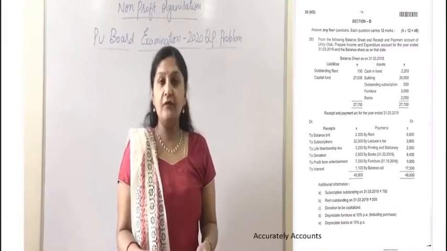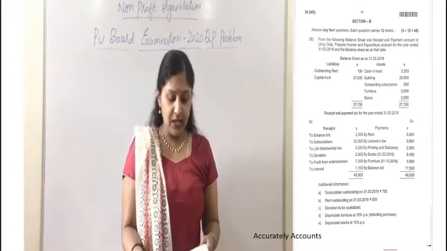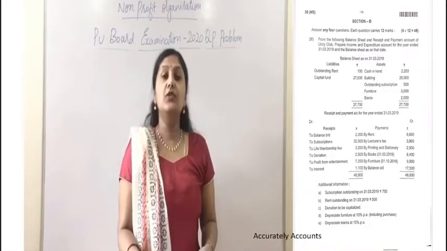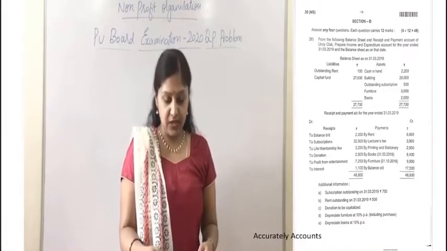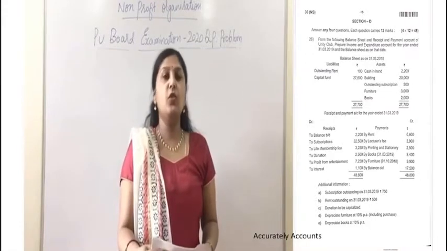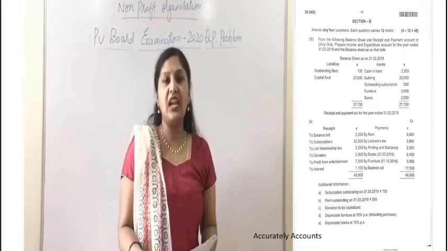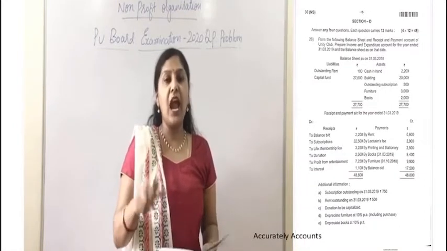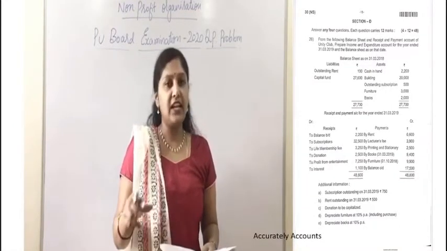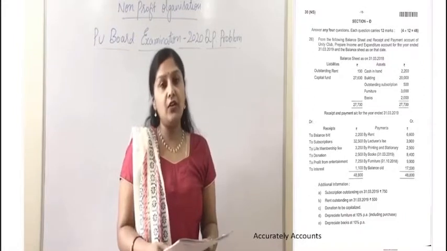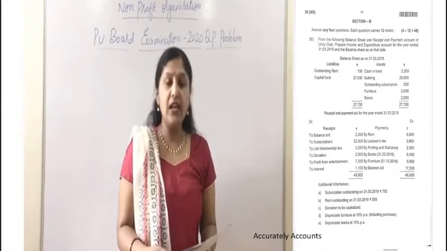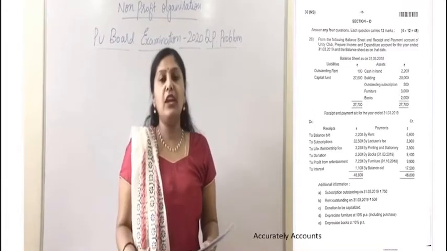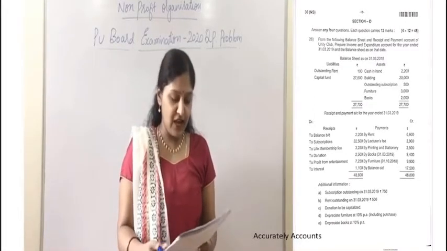So additional information goes like this. Subscriptions outstanding on 31st March 2019. So that is the current year's outstanding subscription, 750. Any outstanding incomes, any outstanding expenditures pertaining to the current year need to be added to the respective incomes and expenditure. So we need to add it to the subscription below the incomes, and all the adjustments we need to consider 2 times. The second time we need to treat it below the asset side of the balance sheet.